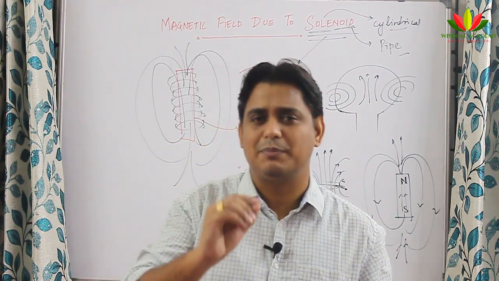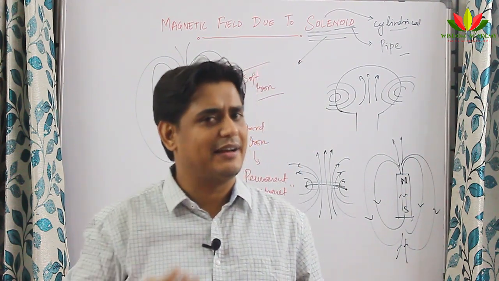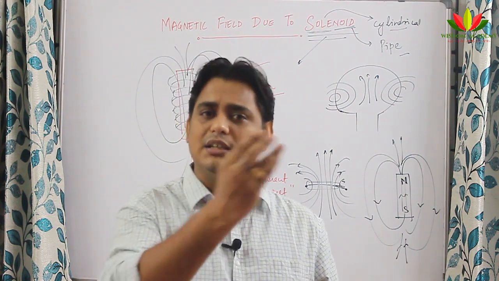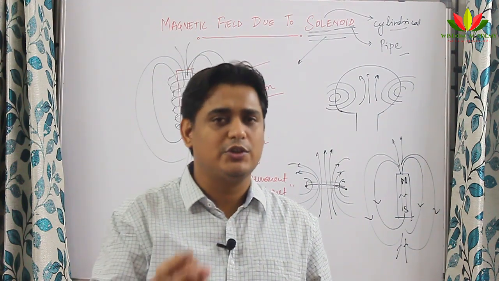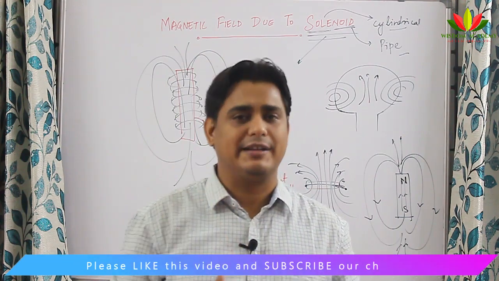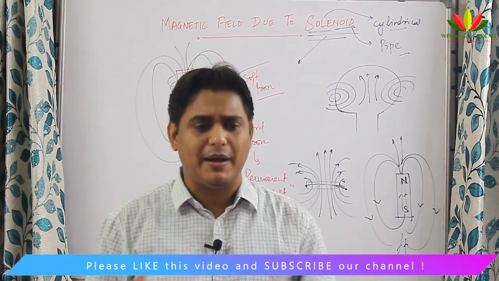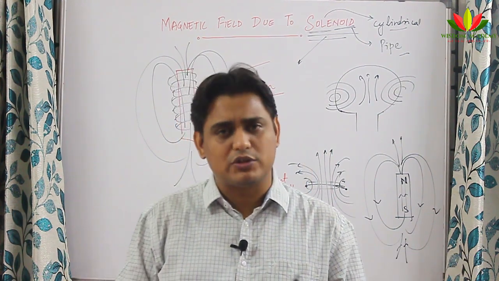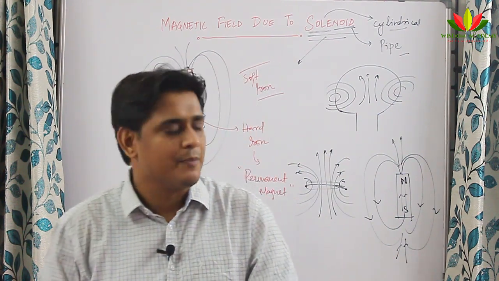So if I tell you the practical applications of solenoid, where it is used: first I told you to permanently magnetize substances, materials, then I told it is used for separating the iron filings or iron dust from the normal garbage, then I said it is used in MRI, and then it is also used in maglev trains, where you want magnetic levitation. You know what is magnetic levitation? We provide some magnetic field, and by the magnetic field and the current, the train runs. So there also we need magnetic field suddenly, suddenly we don't need magnetic field.